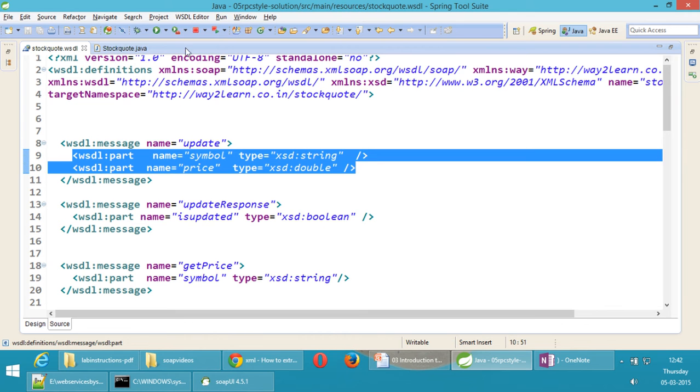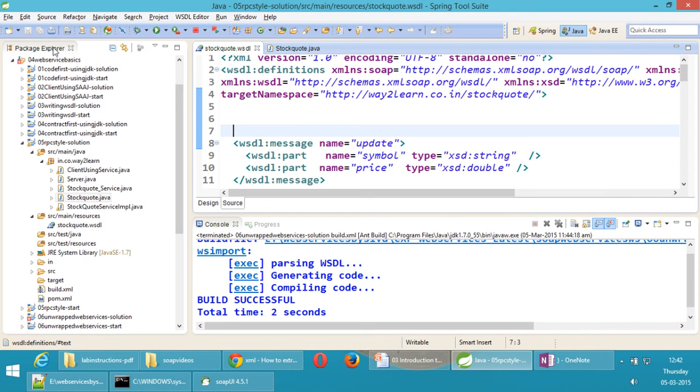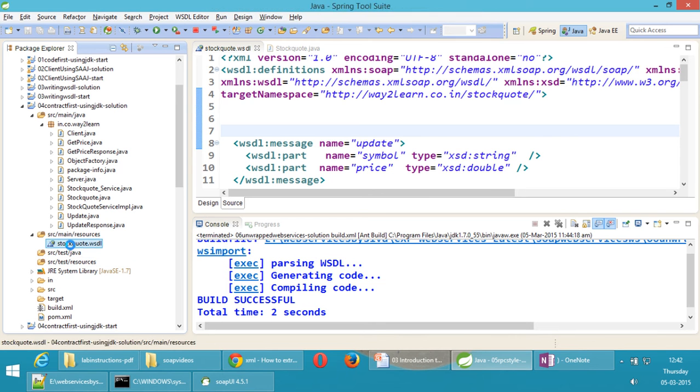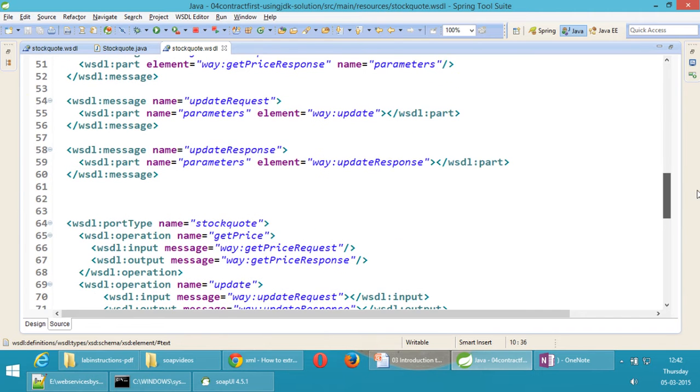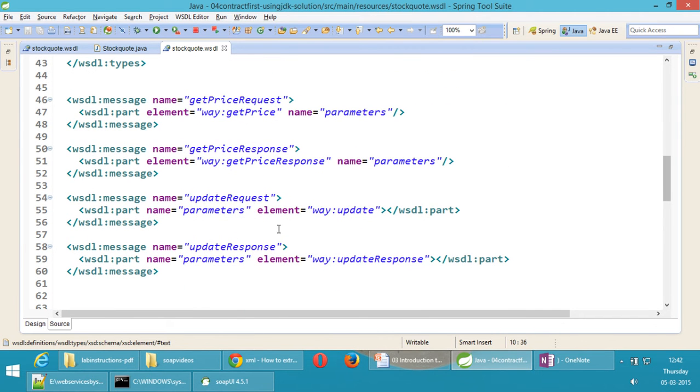But whereas in document style web services, let me just open the previous WSDL. Whereas in document style web services, if you see for the update method, for the update message, for the update request, how many parts are there? There is only a single part, where the part is defined inside the schema.